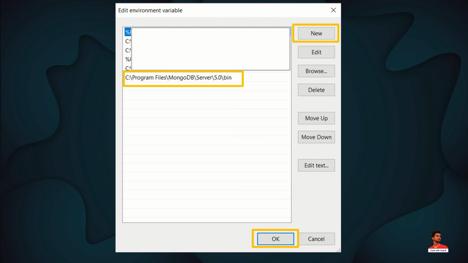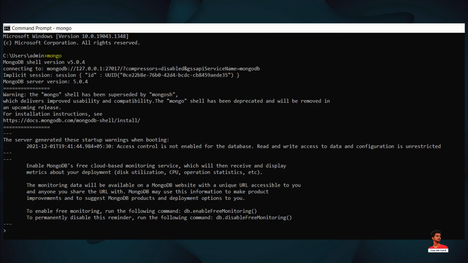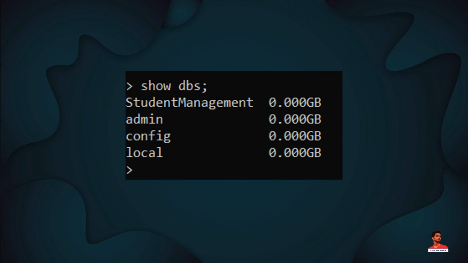After setting the path, click on OK and open command prompt. The reason for setting the path is that instead of running Mongo executables every time from the bin folder, we can just type mongo in command prompt and PowerShell will automatically take all files from the bin folder, which are required for performing operations. Here we have used the same command and we get the same output.